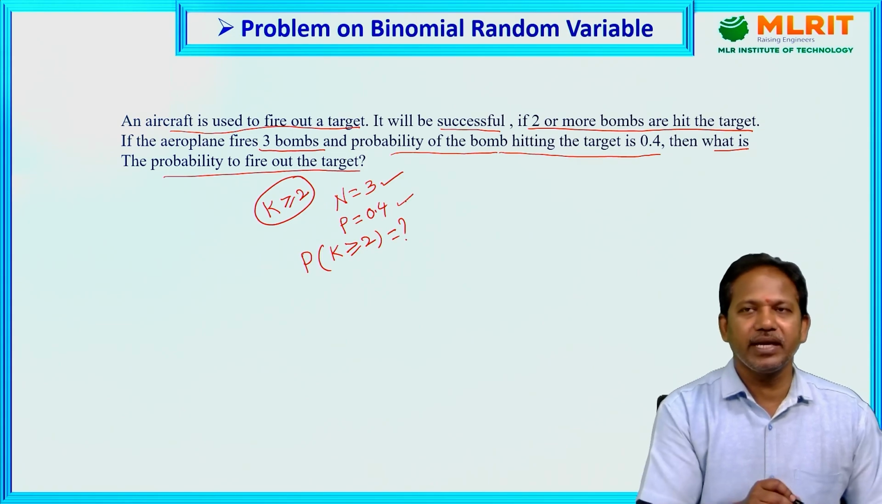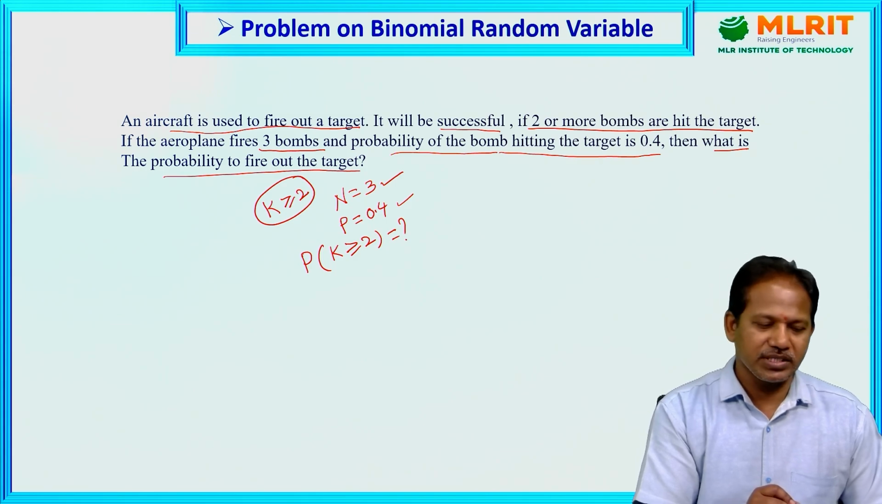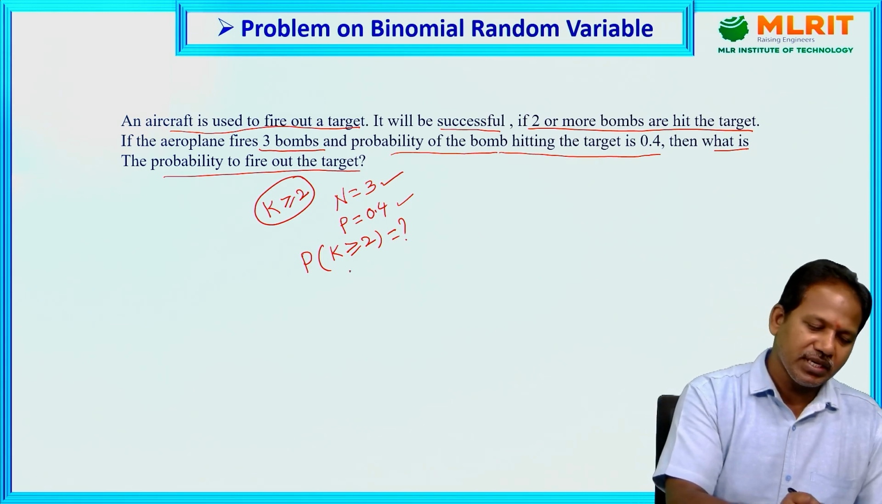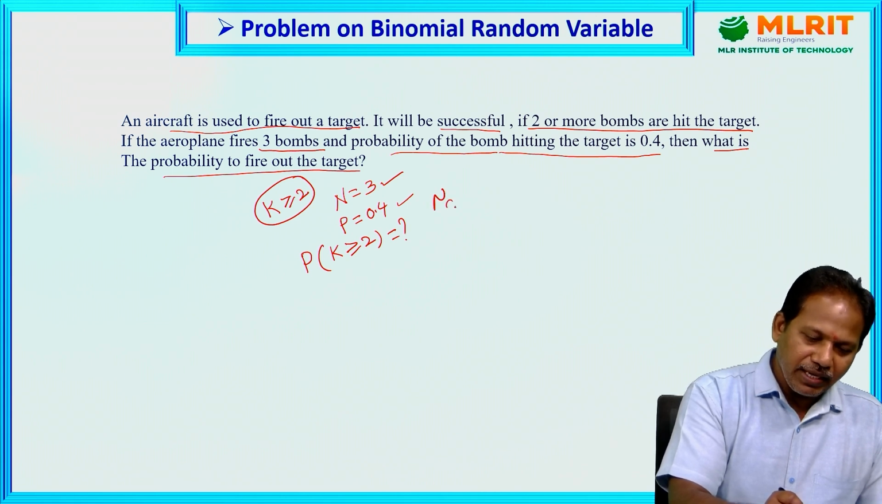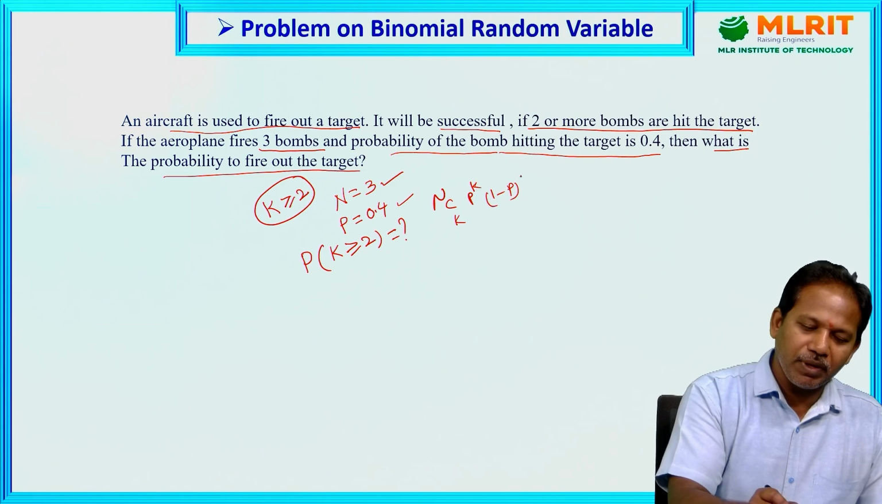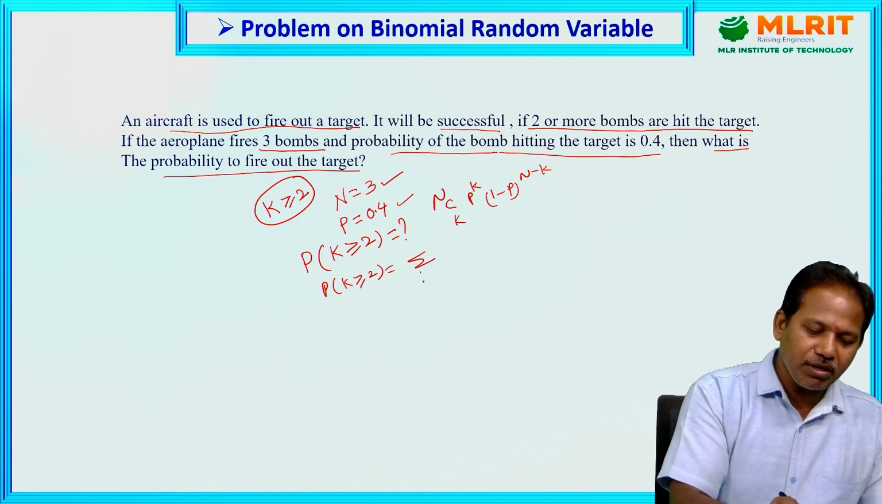All these will be taken as normal, meaning I need to use the binomial function directly. P of K greater than or equal to 2, generally we know, is NCK P power K into (1 minus P) whole power N minus K. So now I can write P of K greater than or equal to 2 is equal to the summation of K